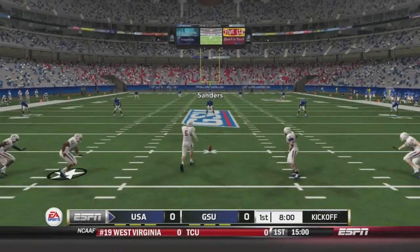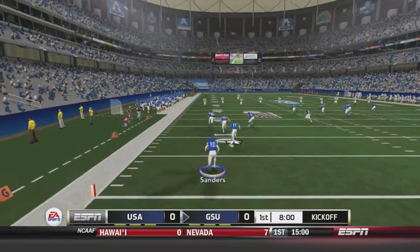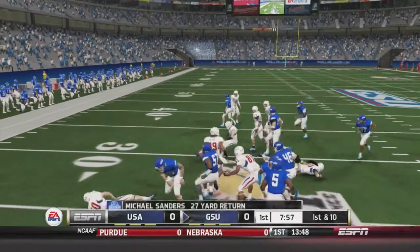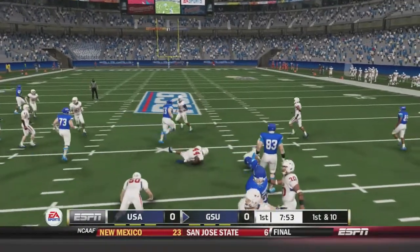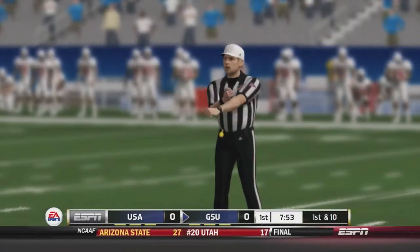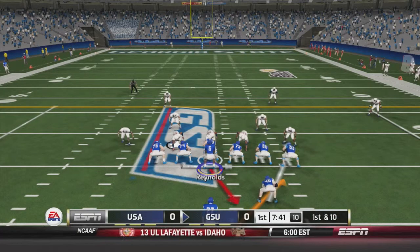Georgia State will receive the opening kickoff to get this game going from the 1-yard line. Michael Sanders, the All-American, takes this one out past the 10, past the 20, finally taken down at the 28-yard line, and that's where this offense for Georgia State will get started. Reynolds on the first play will hand off to Romero up the middle. That one is good for about 5 yards, but a flag on the play here at the end of that one, and we have a 15-yard face mask penalty on South Alabama,